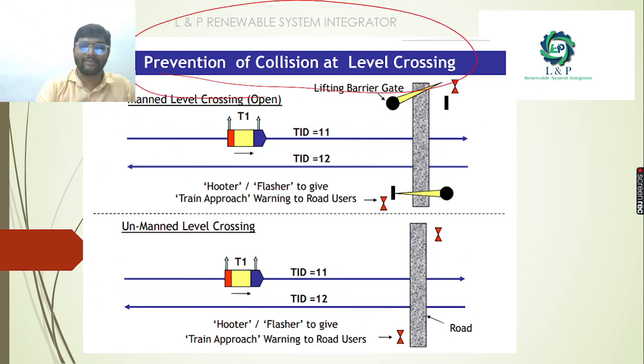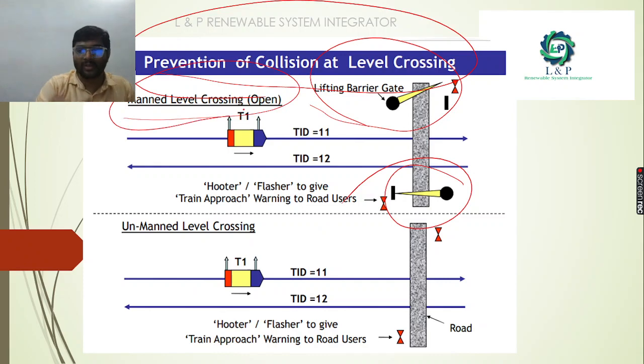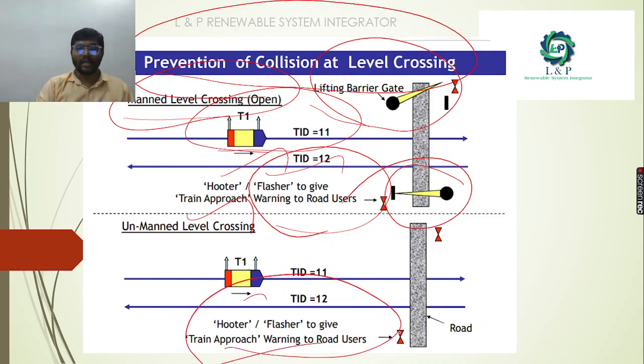As you can see here, these are the level crossings. These are the lift barrier gates which we are going to use. If we have a manned level crossing, when it is open, we will have clarity on which TID it is going, what the hooter is, how the train is approaching, and what the flasher value is. All these things we can conclude. Next is the unmanned level crossing, when there is no man on the level crossing side. Even though there is no man, with the help of photos, flashes and train approach warnings we can create awareness